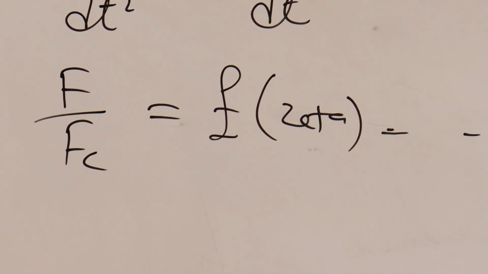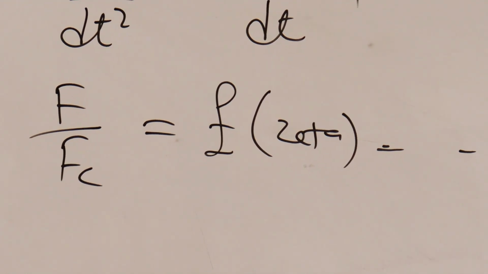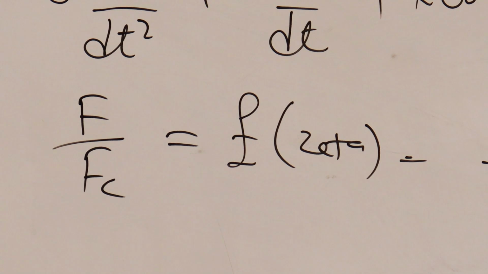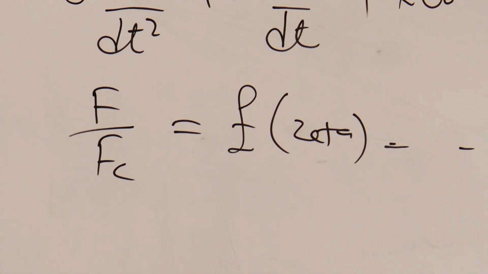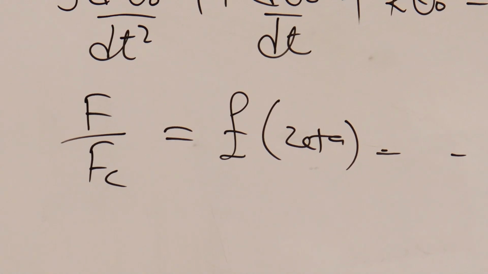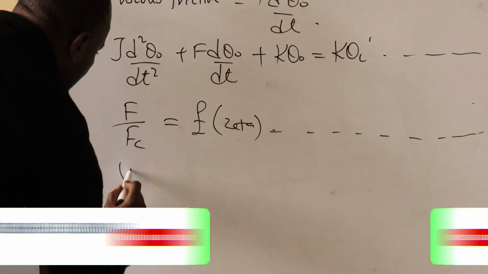So we are saying that if you assume the total friction force, the damping, is F, and that needed for the system to be critically damped is Fc, therefore F over Fc is equal to zeta. And from there we can find what Fc is, where Fc